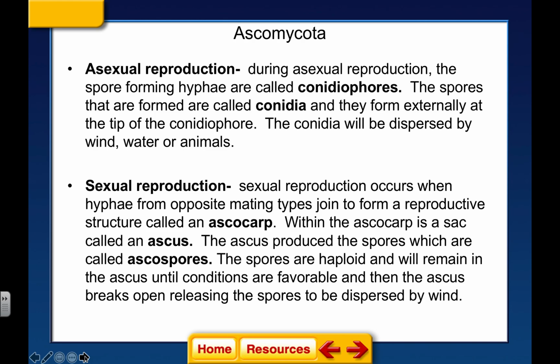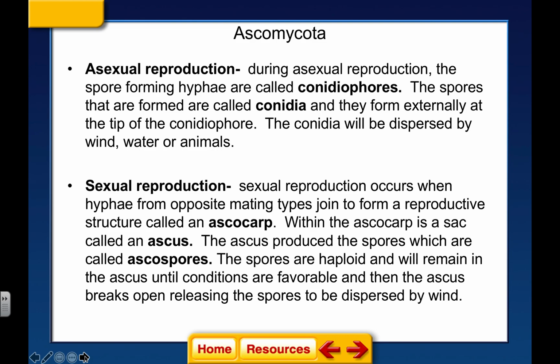So don't let that confuse you, because I told you every time it changes phylum, it's going to change its name. So the reproductive structure itself that forms the spores is called the conidiophore. The spores are going to be called conidia, and they form on the outside of the very tip of the conidiophore. Then wind is going to come along, or water, or animals, and that's the way that the spores are going to be dispersed. They're going to land in favorable conditions, which for a fungus is going to be warm and moist, and they're going to form a new